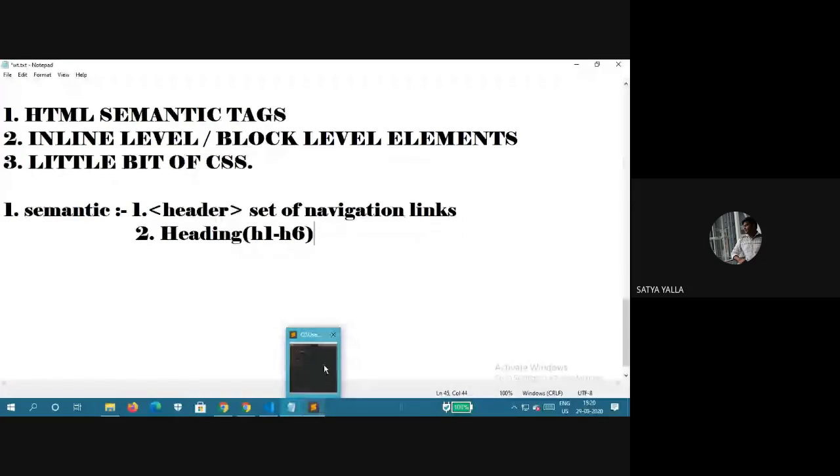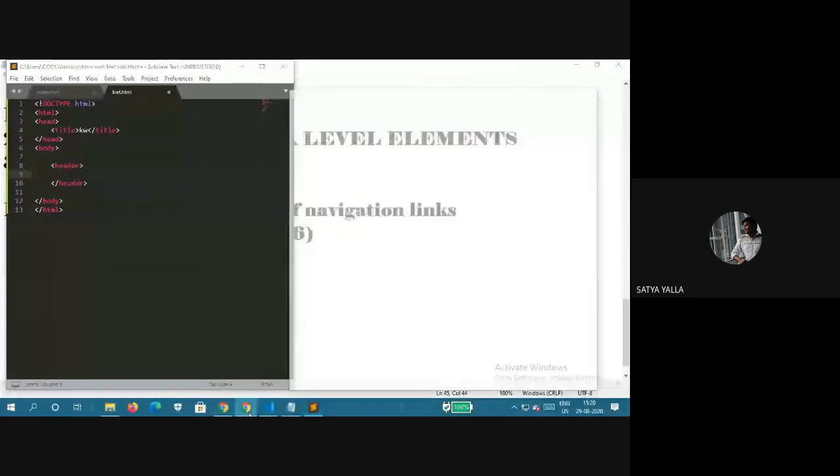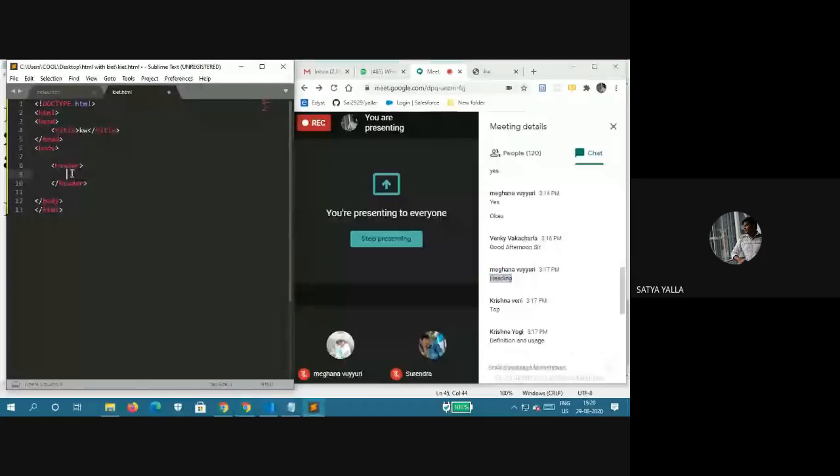Is it enough for the heading? Okay, this is the header. The header is a set of navigation links, and the header is nothing but the headings, like H1 to H6. Then again we jump into Sublime Text, and here the headings, right?